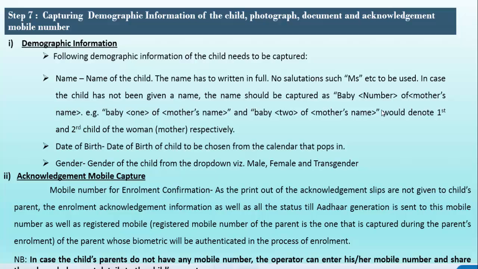So using this acknowledgement SMS, they will get one 28-digit EID. That EID will be used to check the status of the enrollment and to download the EAR of the children. This can be used for any future reference for other processes. So that should be stored by the parents. Due to this purpose, the mobile number of the parents should be captured in the child enrollments.